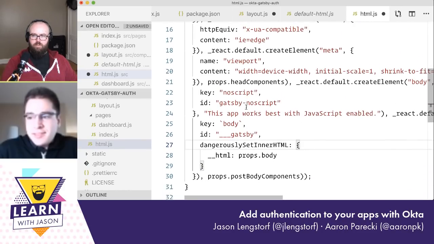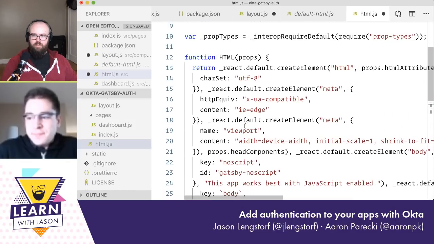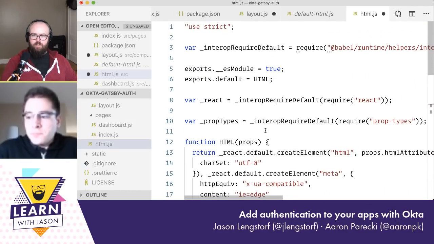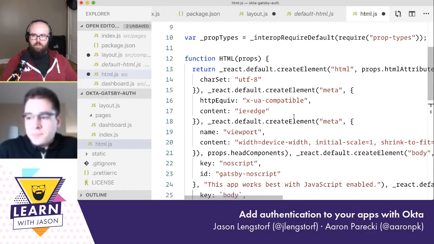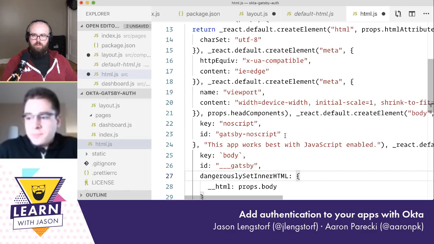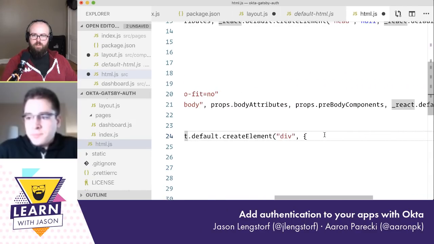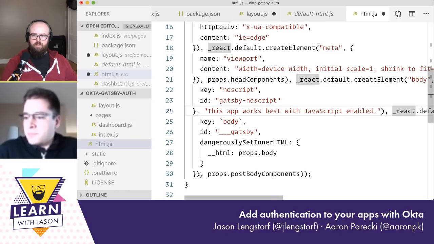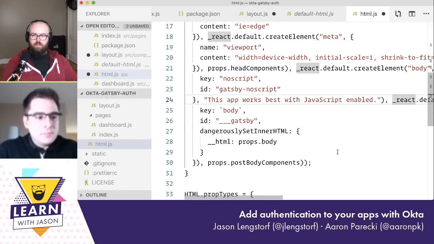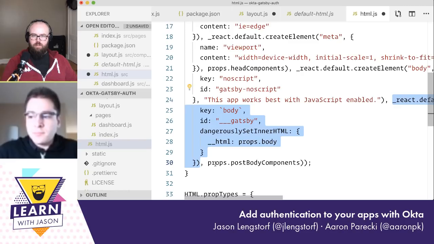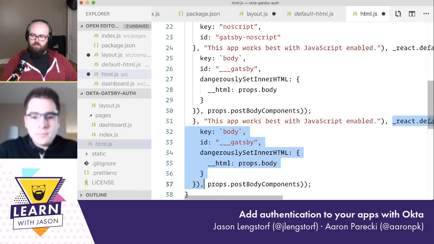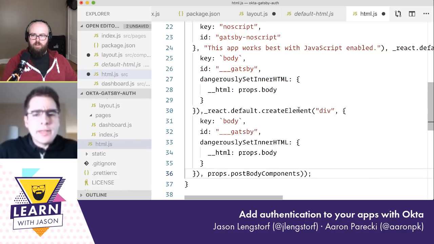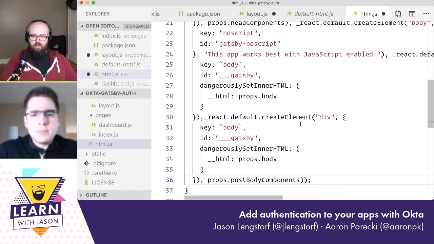let's see, React create default element. And, oh man, I thought there was an easier way to do this. I want this to be create default element div. Is this right? This seems like a lot. Just going to push some buttons and hope for the best here. That's not right. So is this giving us a way to insert HTML into the DOM? Is that what's happening? Yeah, so I am going to